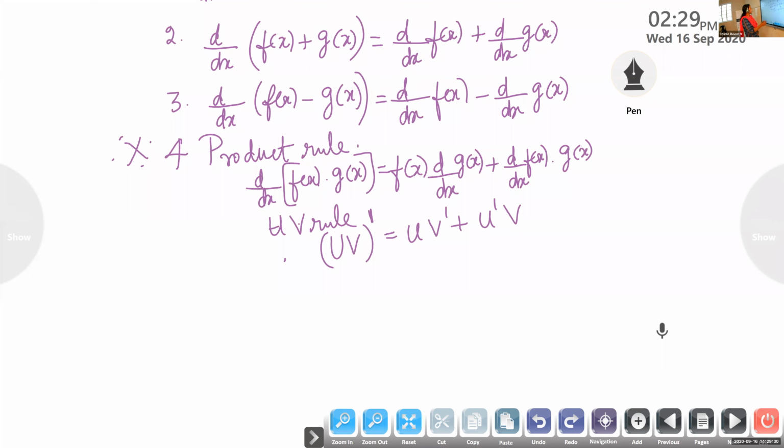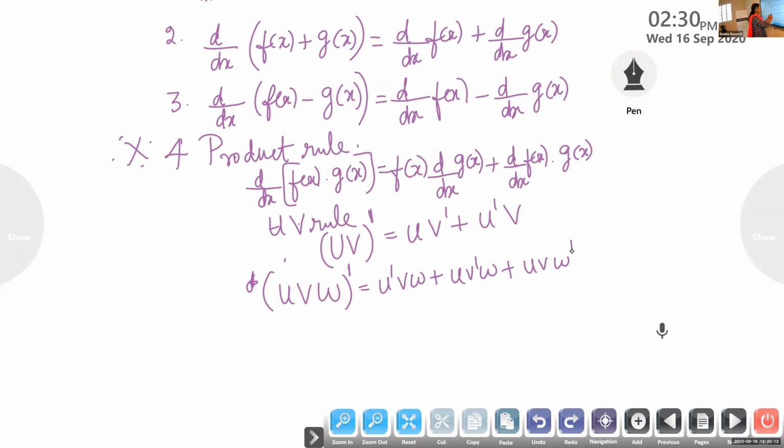What about the product rule for three functions? I am going to explain the product rule of three functions: u, v, w the whole dash. Can you guess? If it goes wrong, no problem, children, you just try. For two functions, what did we do? We kept the first function as such, derivative of second function, plus second function as such, derivative of first function. Here, u, v, w the whole dash. What will be the formula?